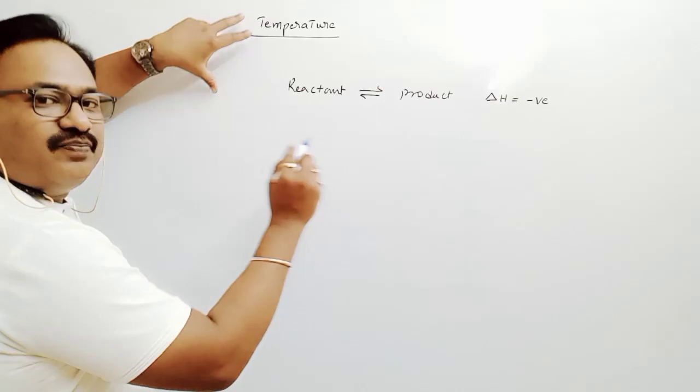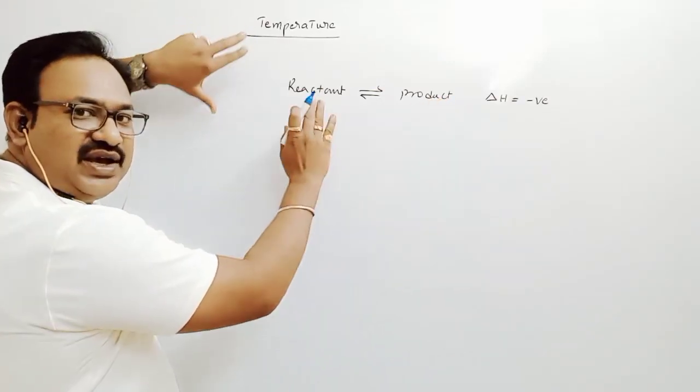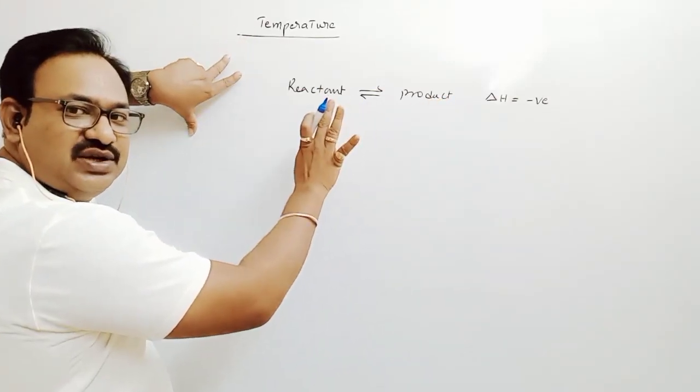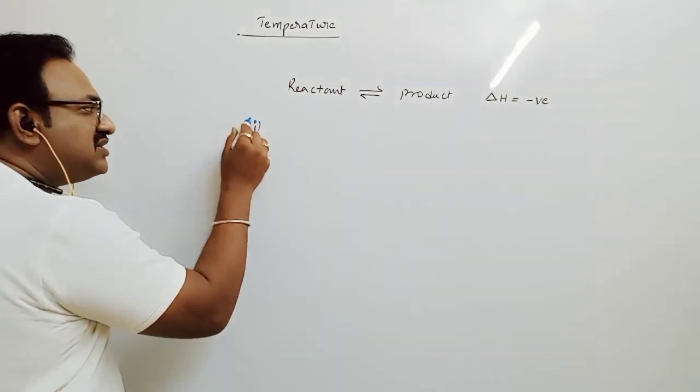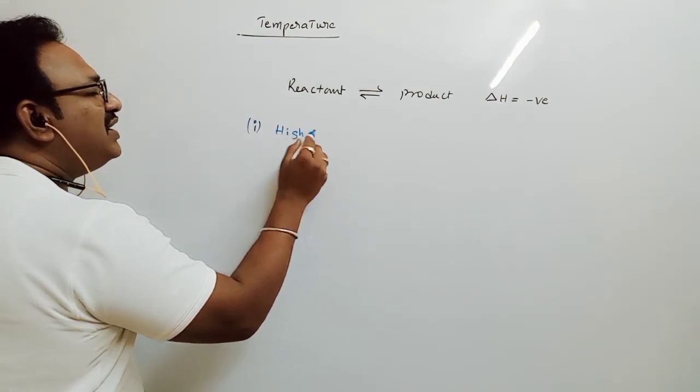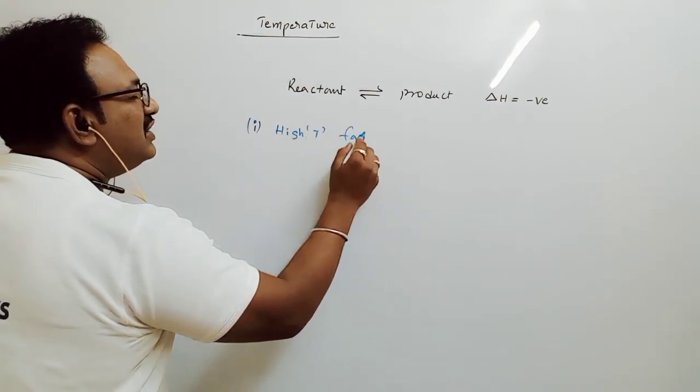Okay. So as for this I have taken here it is exothermic reaction. Okay. Backward endothermic ऐसा आएगा. तो मैं ऐसा लिख रहा हूँ conditions. First condition. High temperature favors